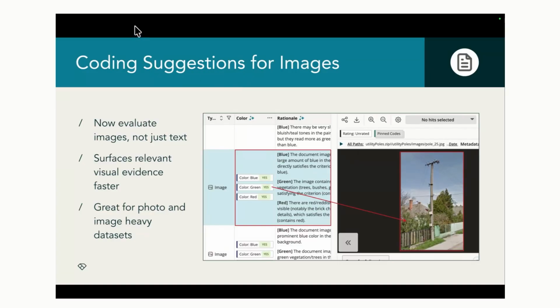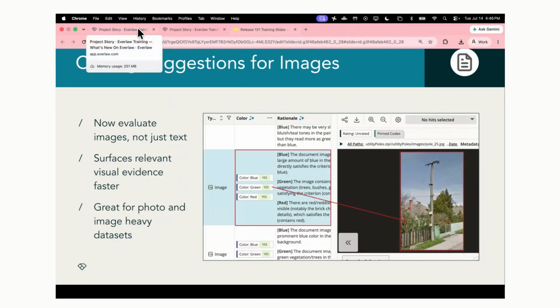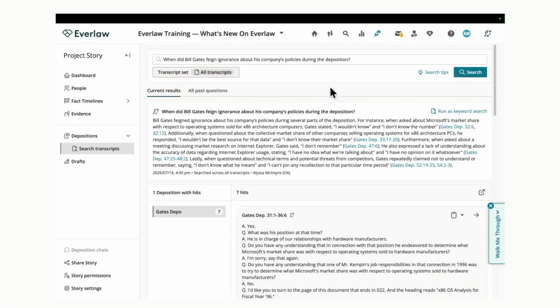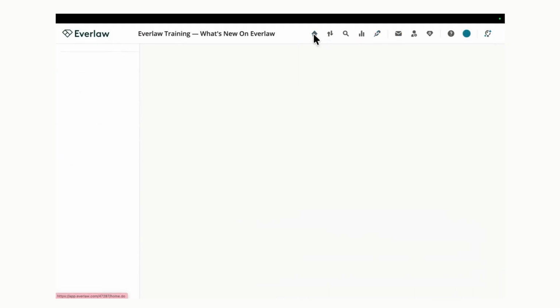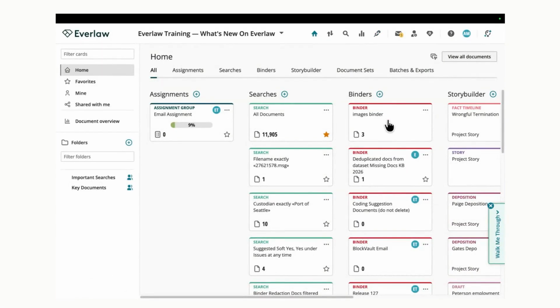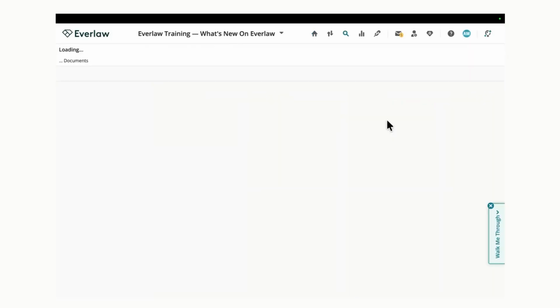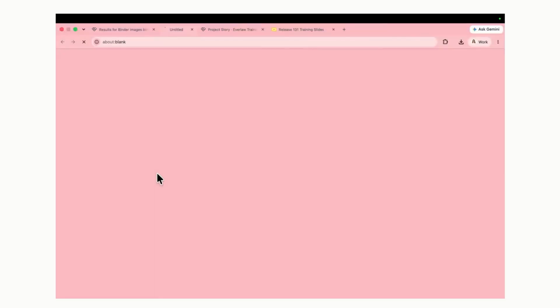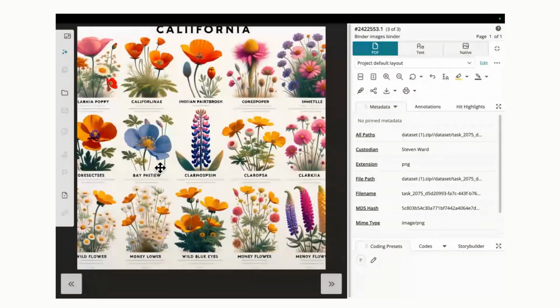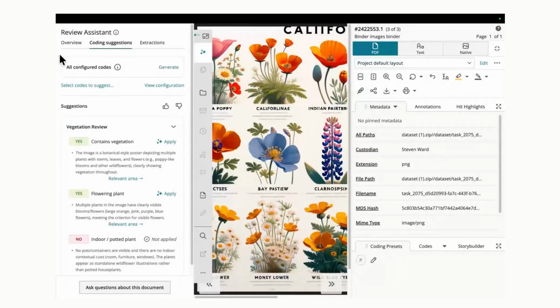So let me show you what this looks like. Take us back over to platform once again. And I have a binder with some images in it, so I'll go ahead and take us into that. And let's open this bottom one here. All right, so here we've got an image, and I've set up a simple imaginary workflow for today. Imagine that we're doing a review and we're looking for vegetation. So I've already generated some coding suggestions so we can see how Everlaw has evaluated the image based